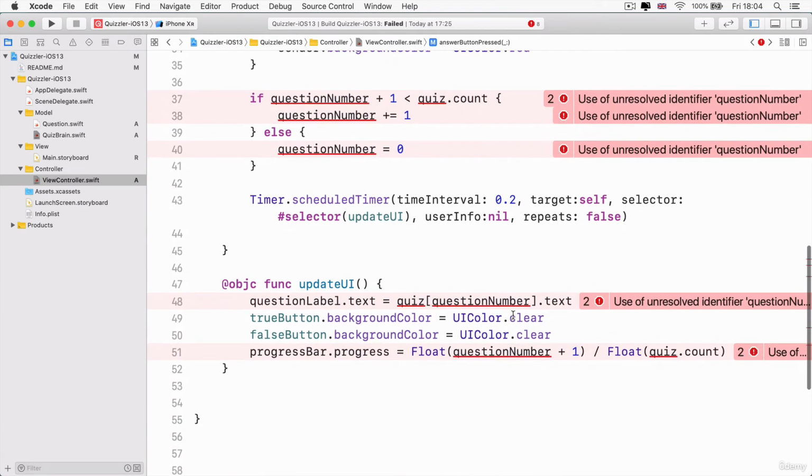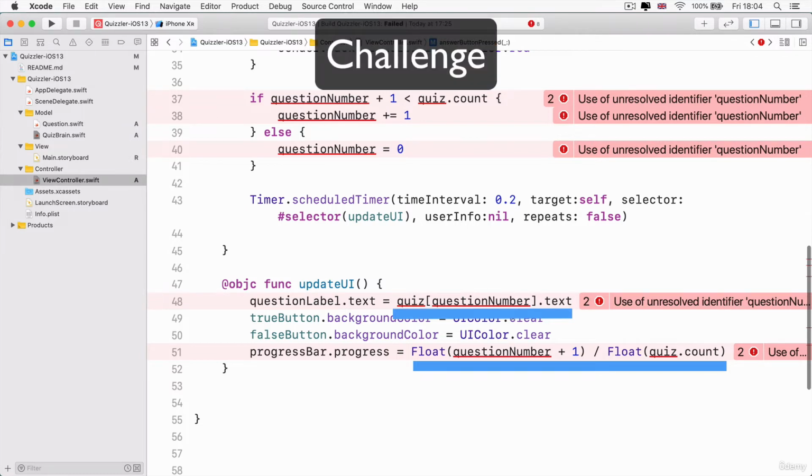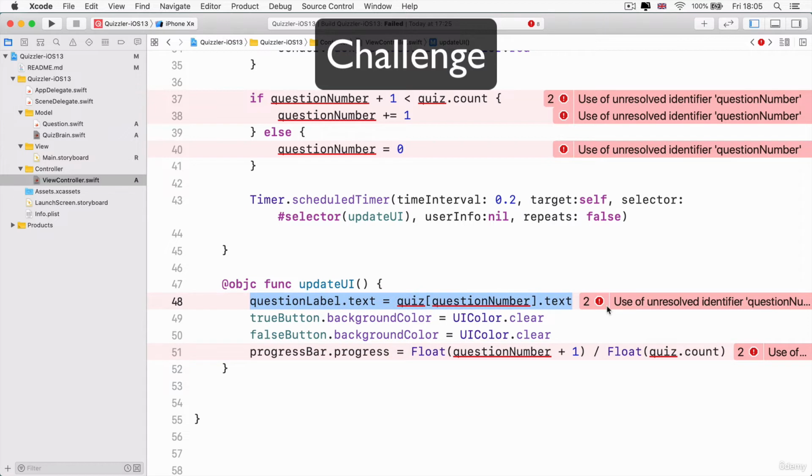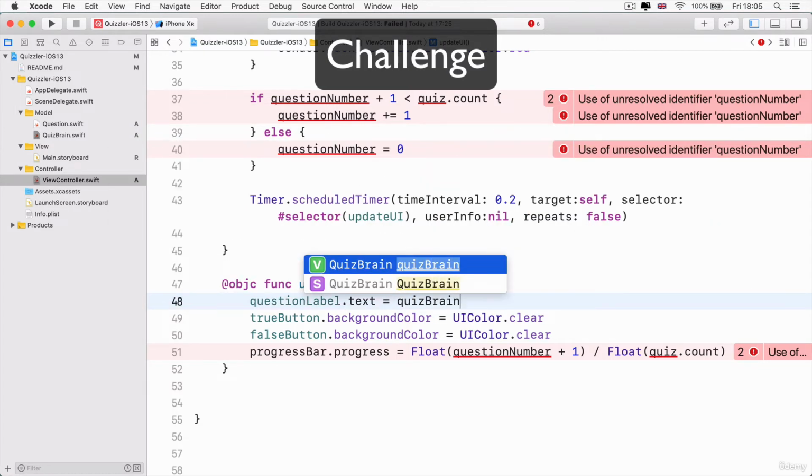Next, let's turn our attention to the updateUI function. Here, we're grabbing the question text to display, and we're also calculating the user's progress. However, these two things sound like the perfect job for our model, don't you think? As a challenge, I'd like you to use your knowledge of functions to move this logic into the quiz brain. I want you to fix both of these lines of code, 48 and 51, or whatever line your code is on, so that you end up with a view controller that has code that looks like this: